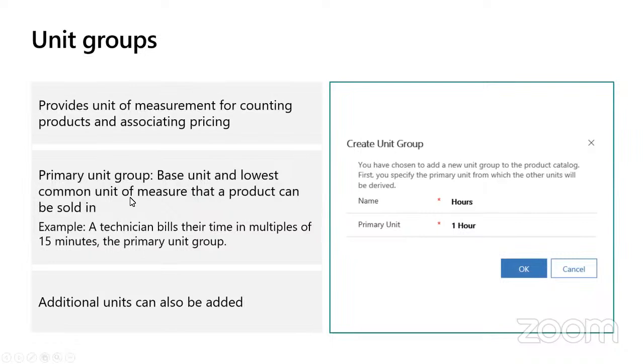way in a bit. So in terms of units, there are various units that we can record against. So we've got unit groups that we use for measuring and counting products and associating prices. So for argument's sake,